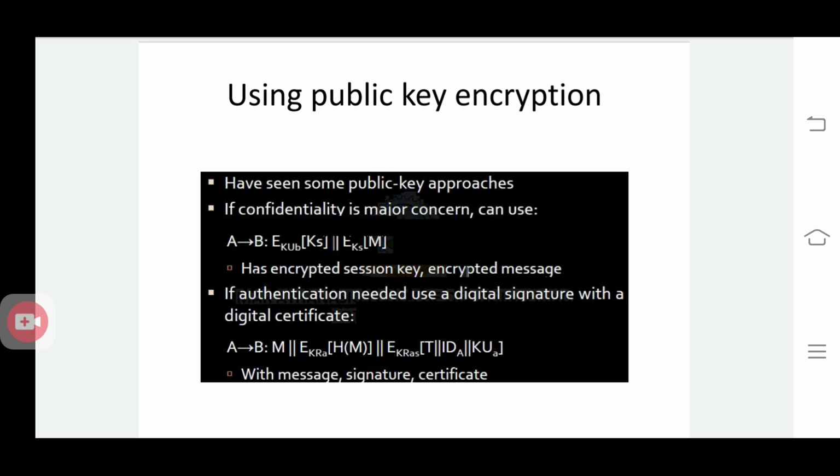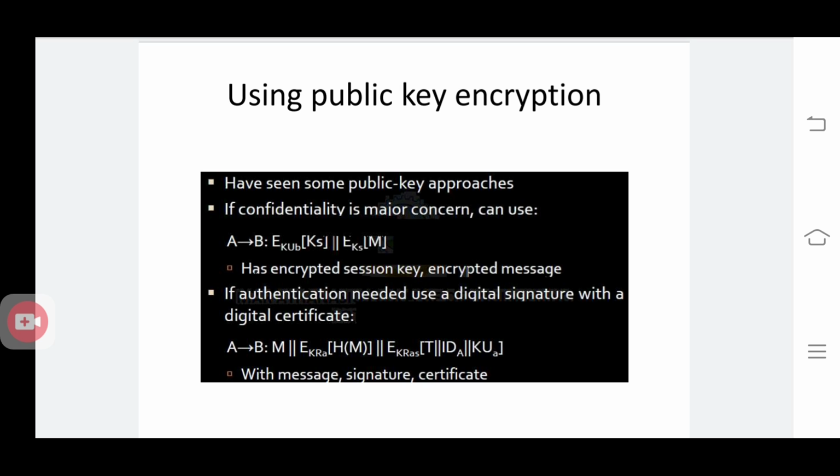Okay, and there is another mechanism. We are using a digital signature mechanism along with the public key for one-way authentication. For that, we are using hashing of messages to provide the digital signature. So here the message is appended with the signature. What is the signature? Signature is the encrypted form of the hash of the message by using the private key of A. Then it is again appended with a timestamp, the encrypted form of the timestamp, identity of A and public key of A. For that encryption, we are using the authentication